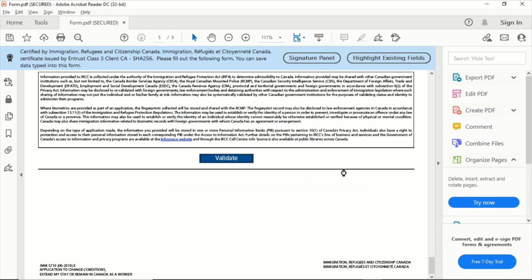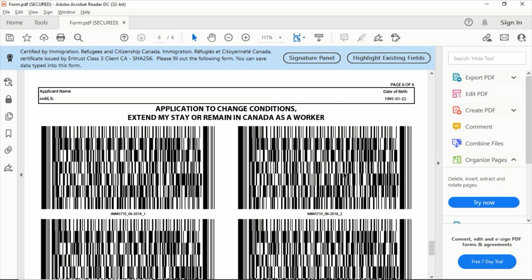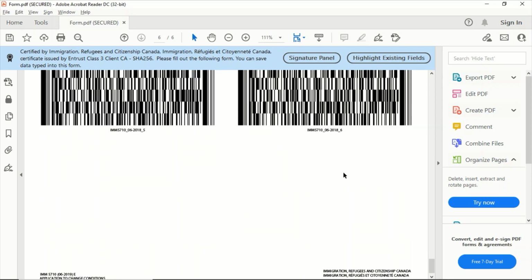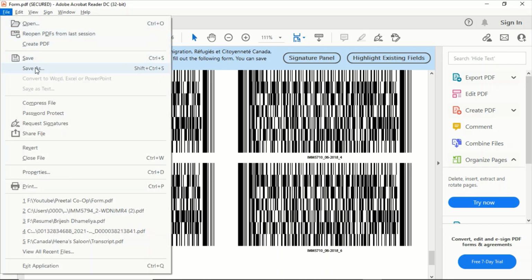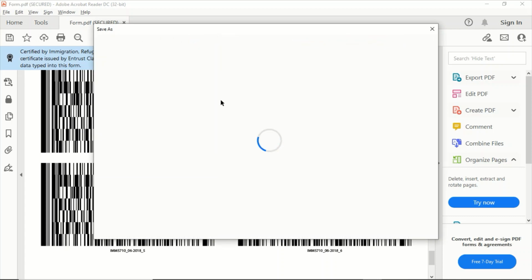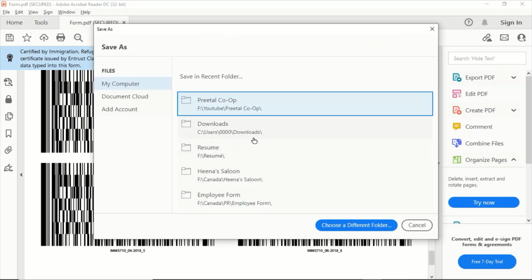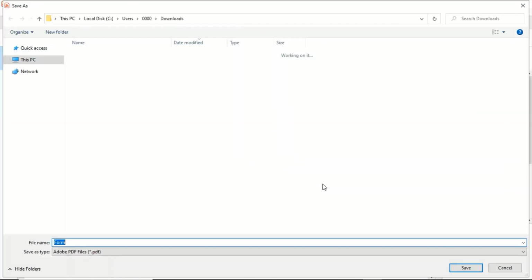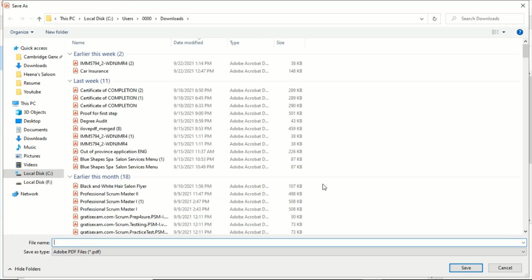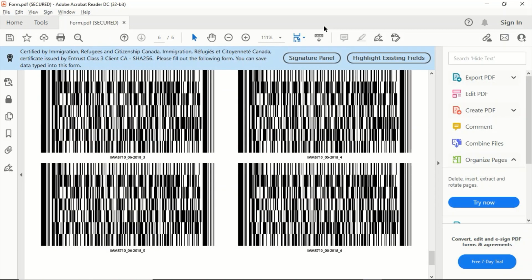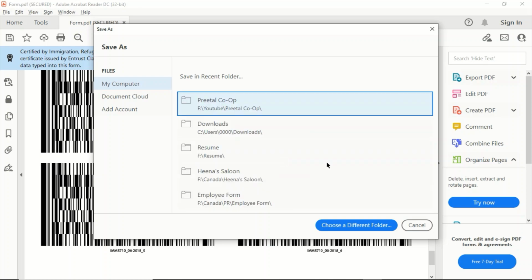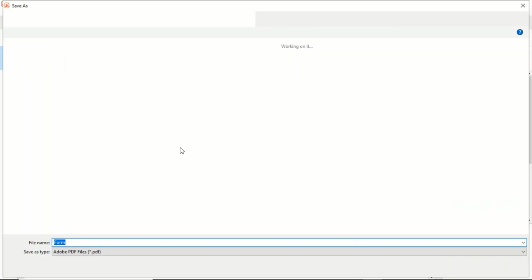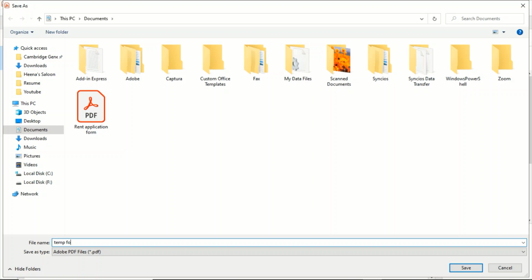Oh, it's done now. After validation, you can see these barcodes. Once your barcodes are displayed, you have to save your form. Click on save, give it a name like form, or keep the same name if you want, and then save it.